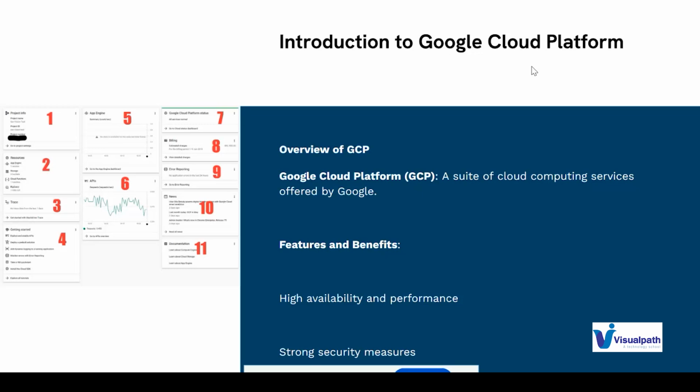If you know databases, we have relational databases like RDS, non-relational databases, and BigQuery. A lot of things are there. AI related, Vertex AI is supported. So a lot of services are being provided, but I will explain the important features available in Google Cloud. If you know any cloud computing, I will try to compare with the AWS environment, so whoever knows about AWS can get some idea.